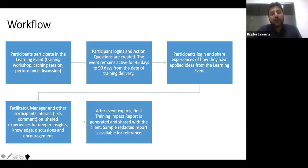This platform also brings in the trainer back, the manager and other participants. They are able to like, comment. Now, there is this whole buzz of social learning. Social learning primarily is